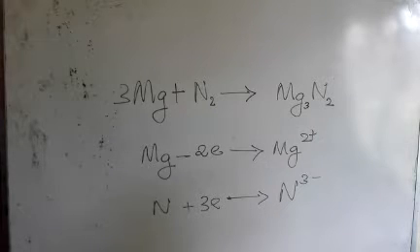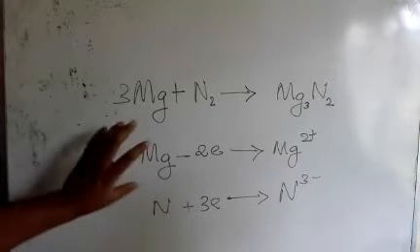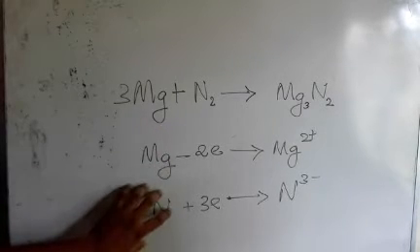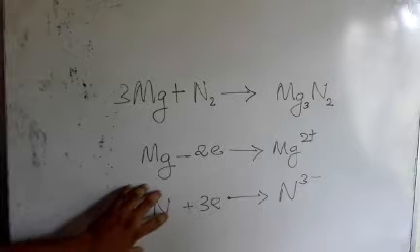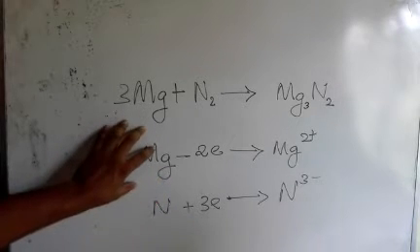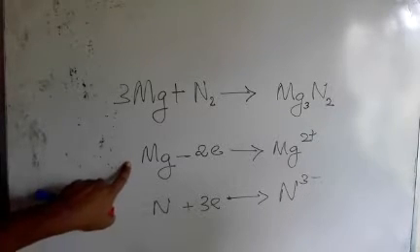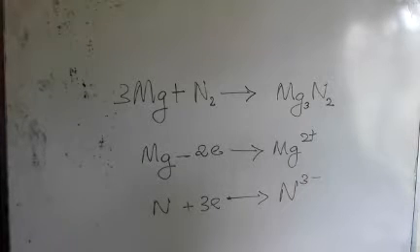So there are 2 reactions. This is the oxidation reaction and this is the reduction reaction. So we can call these half reactions. So a redox reaction contains 2 half reactions, in which one is an oxidation reaction, the other one is the